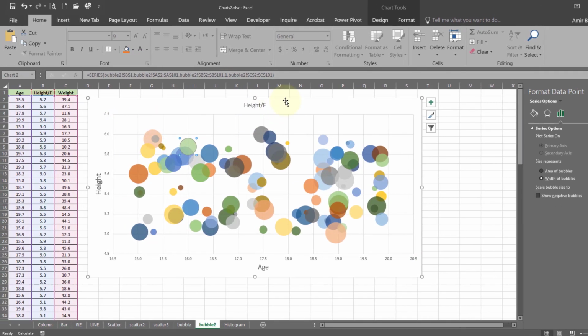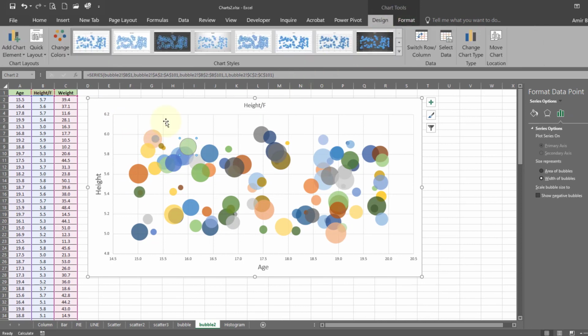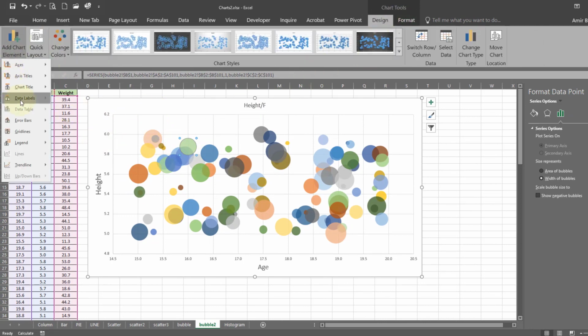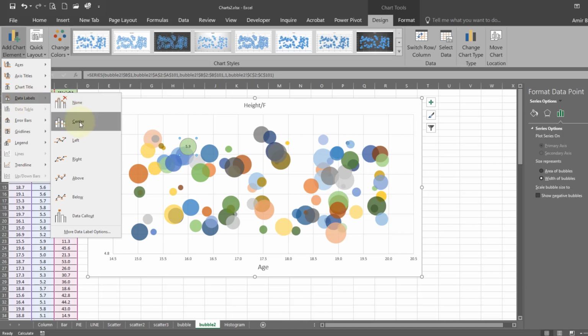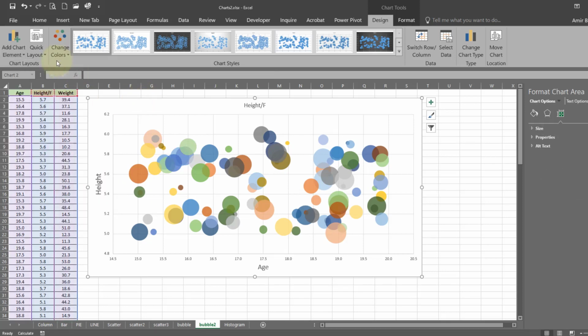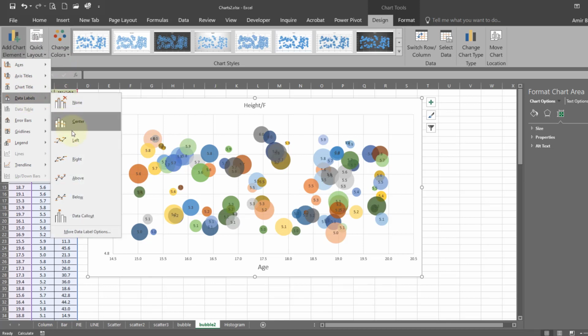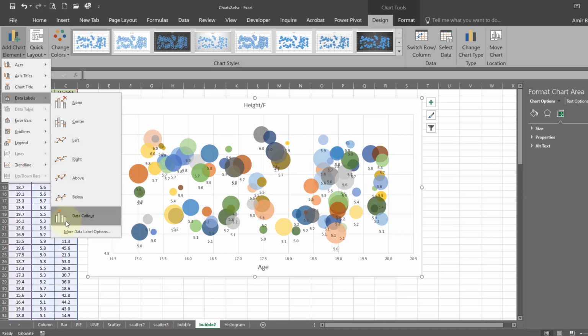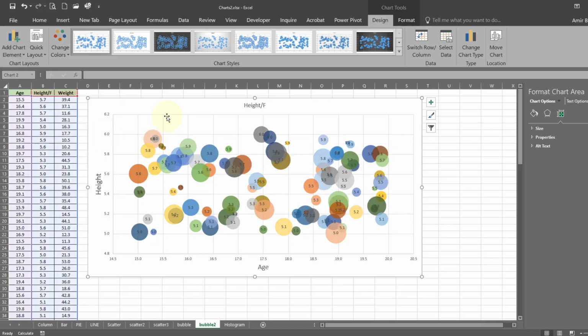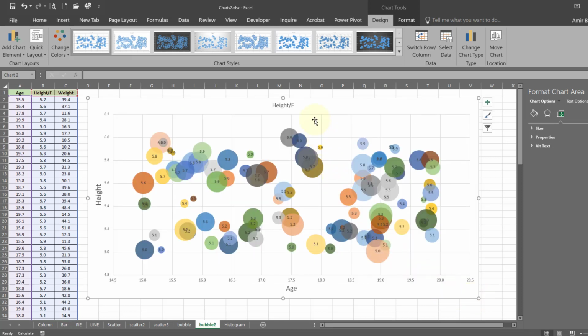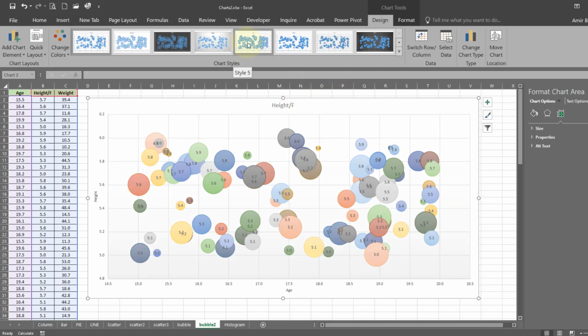If you want to display the values of these circles or weight, we can do that also. Data labels, we can make it center. And once again, you have option from here, like we can select this one.